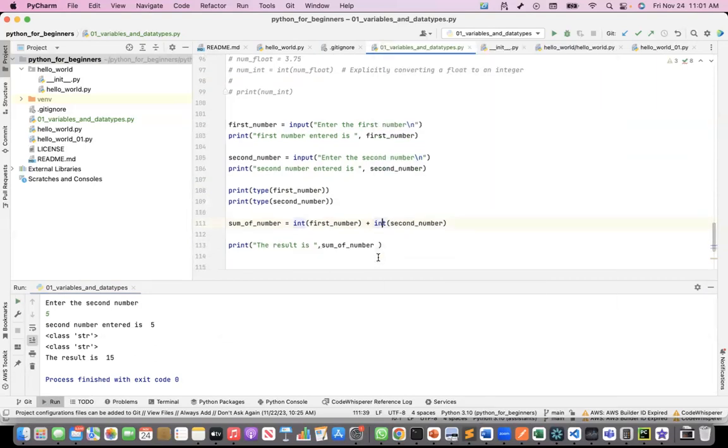So that is all that we'll do today. In our next lecture, we'll talk about lists and tuples and other types of